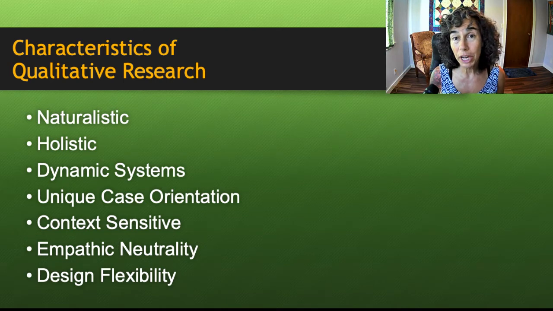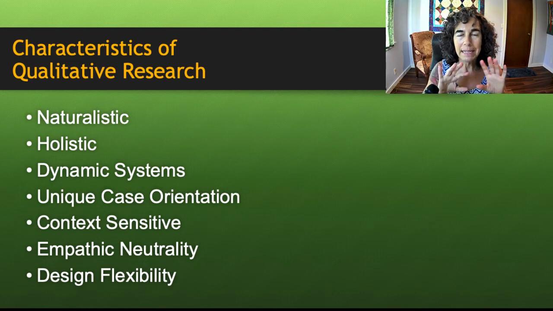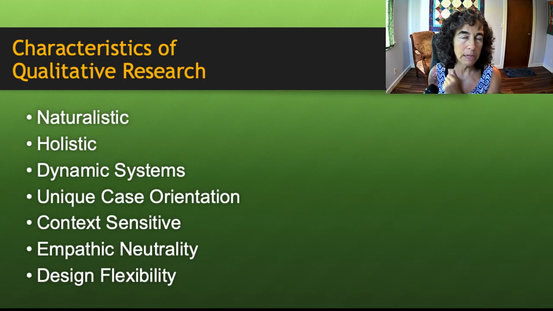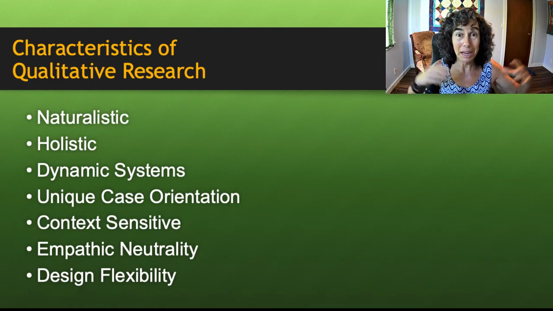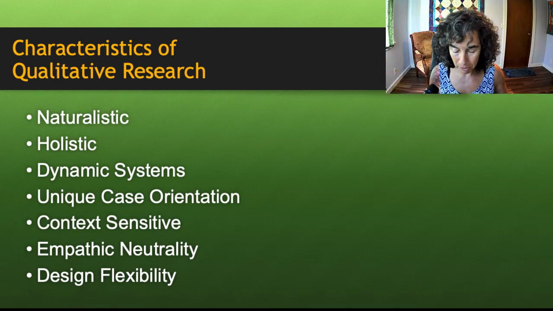Characteristics, and please check out your presenter notes for more on all of these. So qualitative research is naturalistic, meaning that it is in a natural setting as opposed to a lab. It's holistic, so it takes into account everything about a person or a phenomenon rather than one tiny slice, right? So in your lit reviews this semester, you're narrowing your topic down to something that's super manageable in size and finite and discrete. With qualitative inquiry, we're kind of broadening out what we're thinking about and letting it go